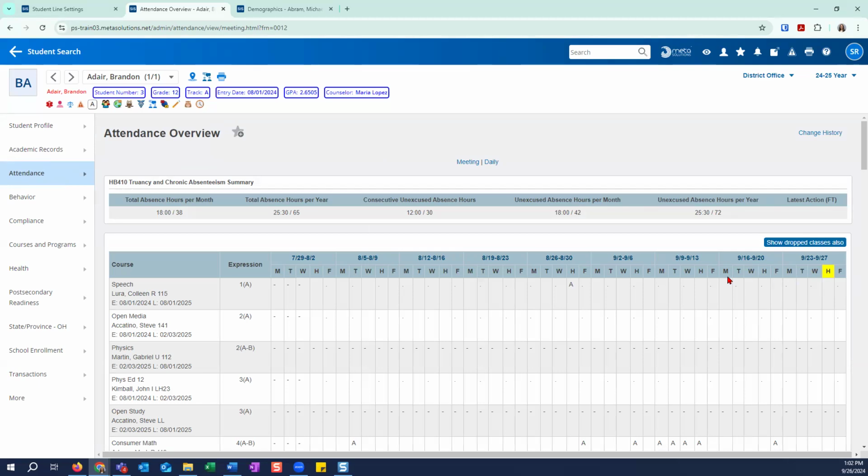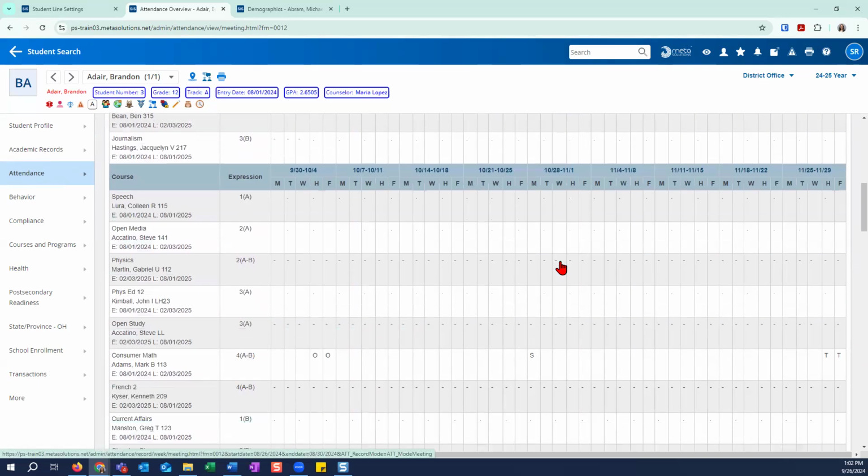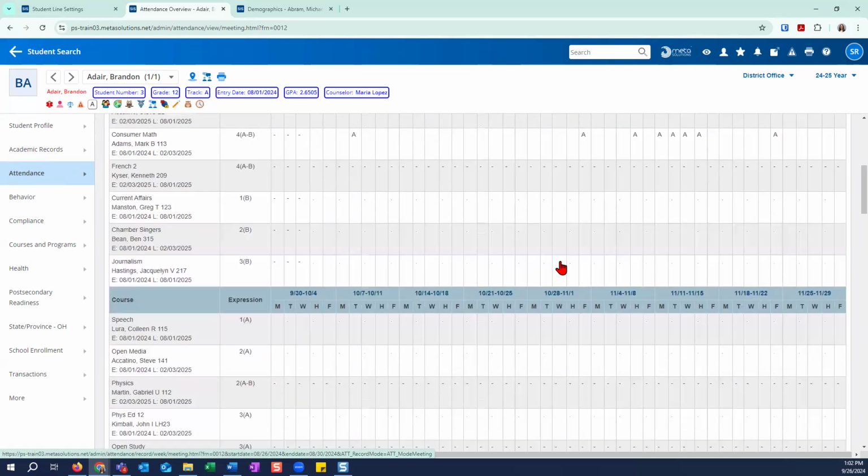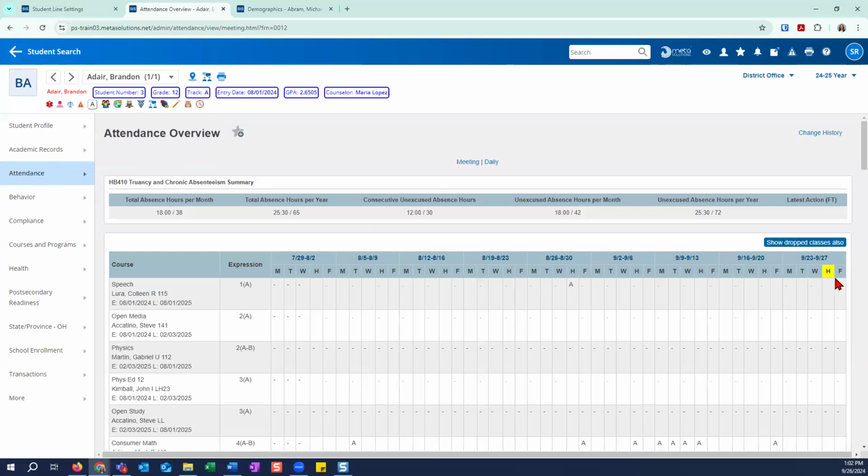This is, again, handy for those who are taking attendance and it gets later into the school year and you're scrolling through all this information. That yellow highlight pops out on the page, just making it easier for those staff to take attendance. We are in the district office, so we're not able to take attendance. That is at the building. But if you're at the building,